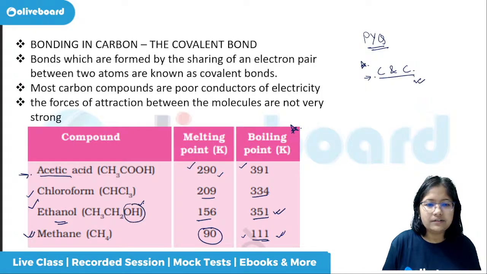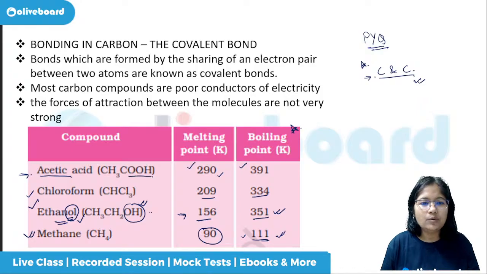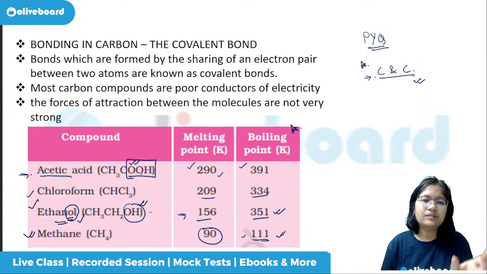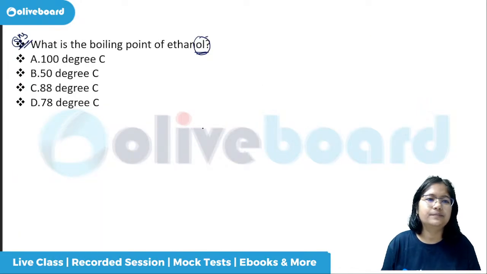these compounds which have OH at the end, ethanol or the alcohol compounds, whatever it is, you will see that they have the lower end melting point and boiling point. If there is COOH, that is say acetic acid or whatever it is, if they have the COOH group, then it is in the higher end. If you just have an idea of these two, then also you can convert and respond. What is your answer? No answers yet? So do the calculation and let me know the correct answer in the comment box.